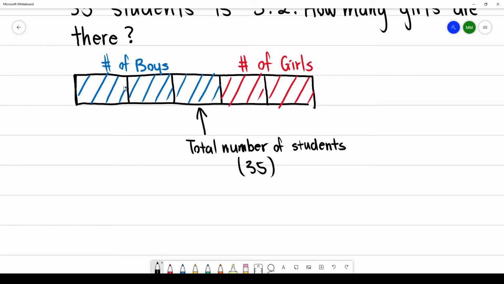So first, I'm going to find out how many people are in each box. So how do I do that? Well, each box has the same number of people. So in each box,